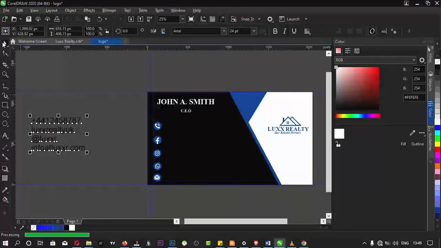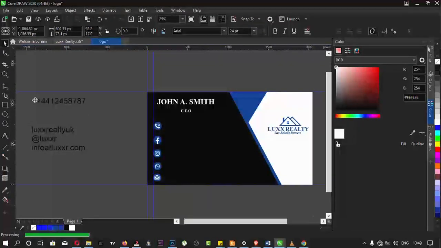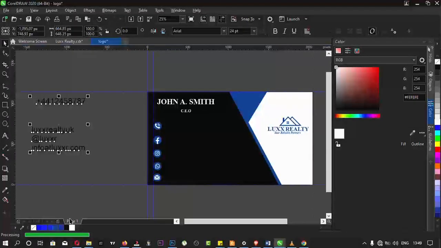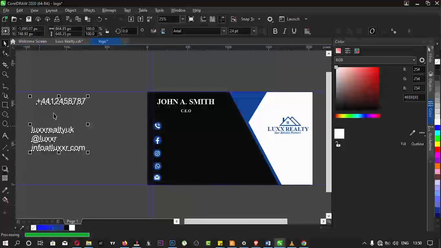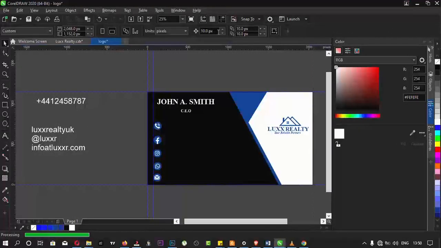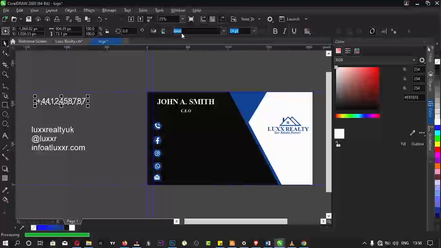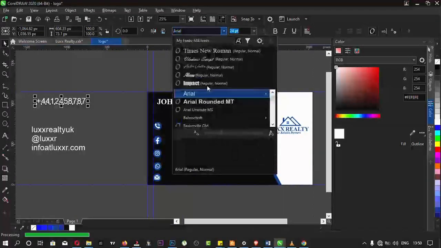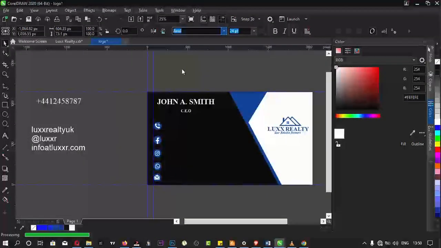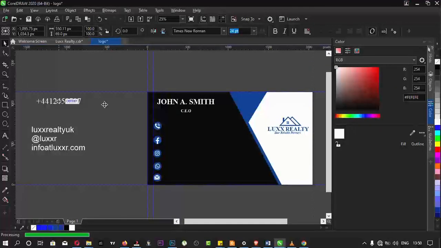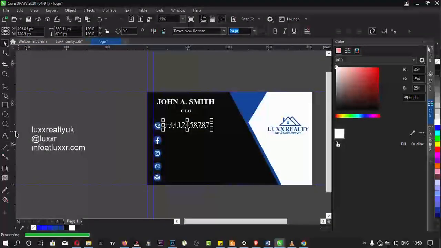Pick it and then you break the text apart. Control key to break the text apart. Change the color to white, and then bring it. I use Times New Roman. I'm not saying that Times New Roman is the best font for designing the small, but for education purposes,